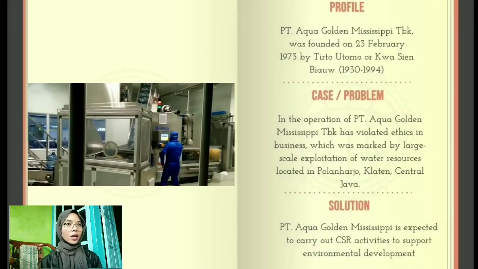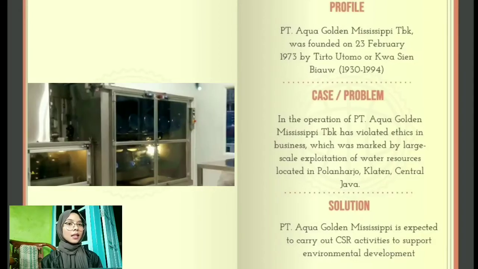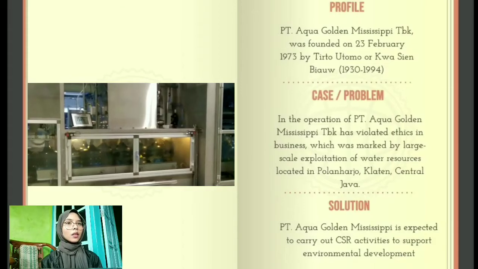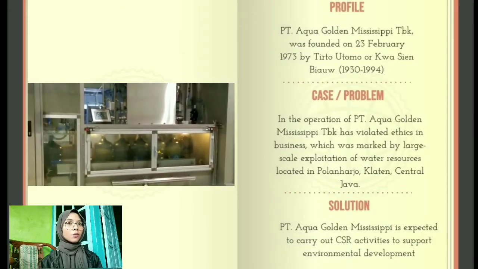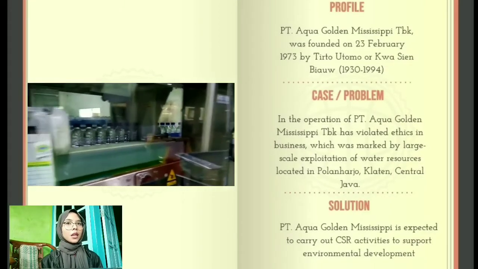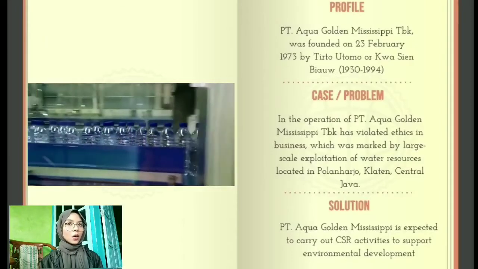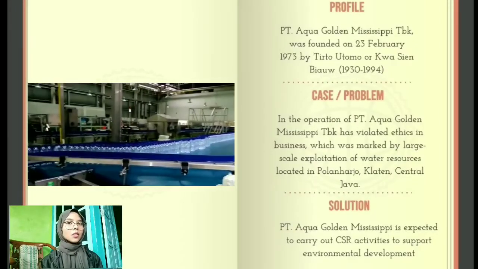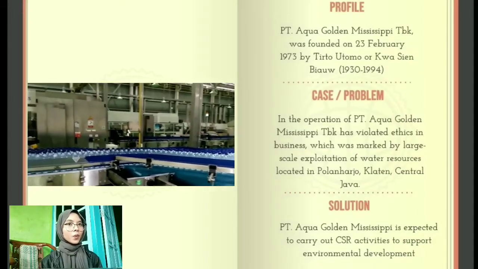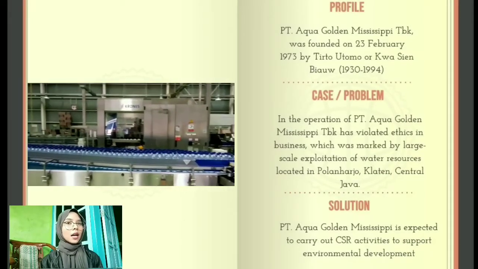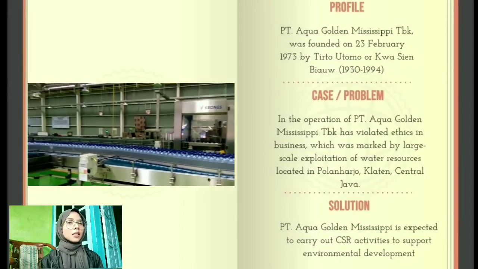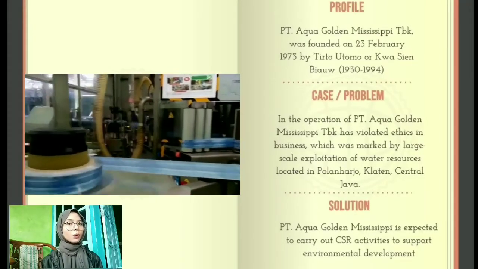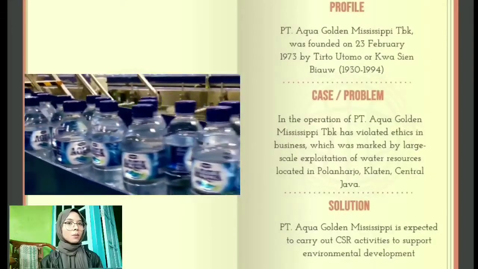On September 4, 1998, Aqua officially announced the union with Danone, which is a multinational company, and in 2000, namely the millennium era, PT Aqua Golden Mississippi Tbk launched a product with the Danone Aqua label. Since then, PT Aqua Golden Mississippi Tbk has officially joined the Danone Group, which is a multinational company from France